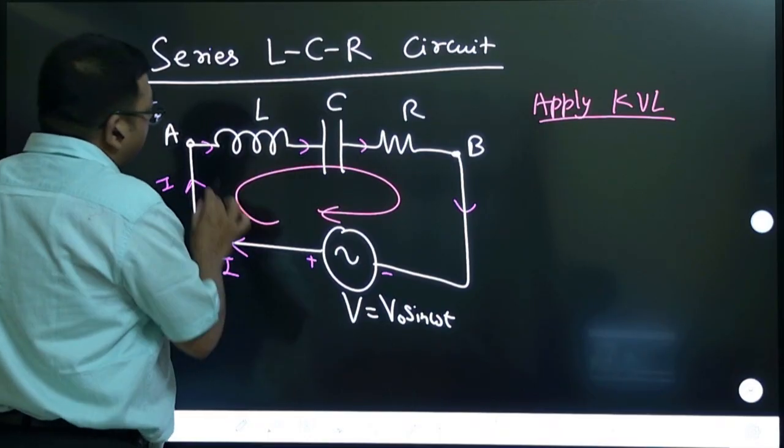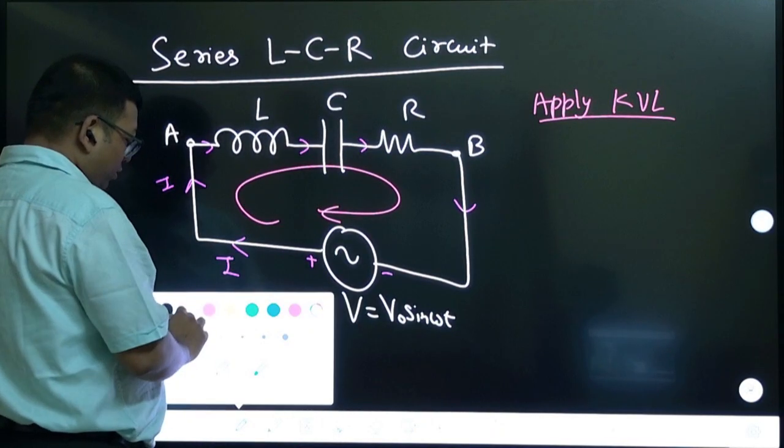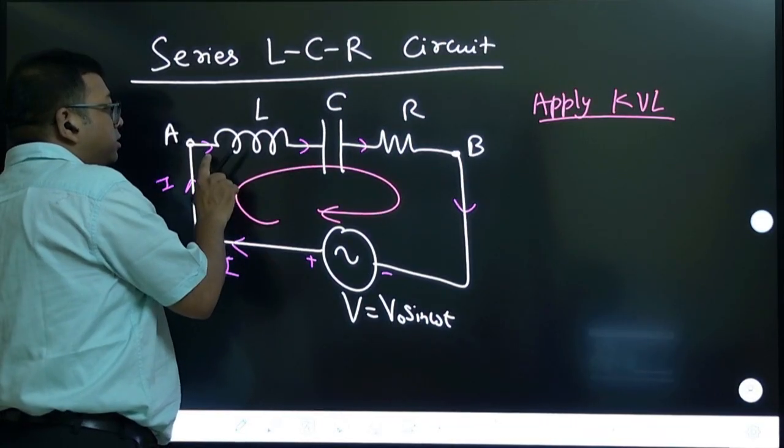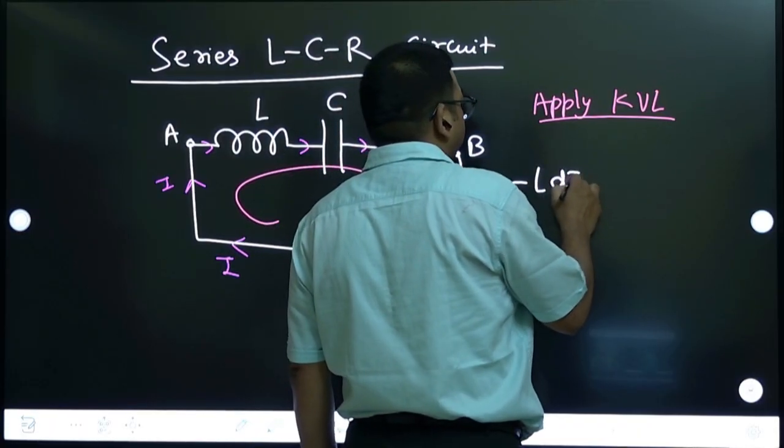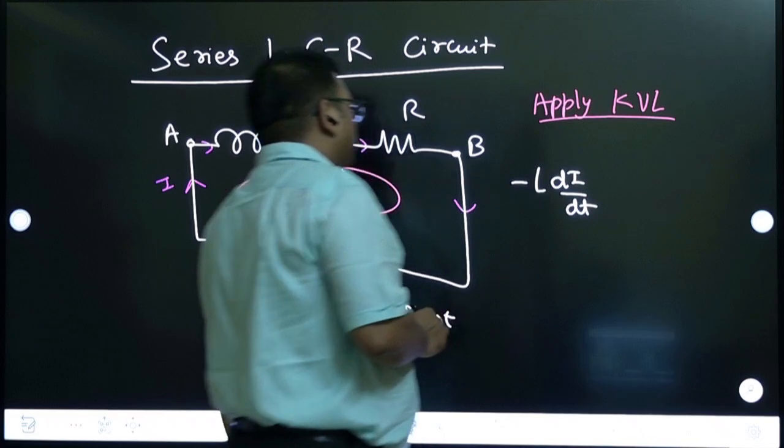So in the inductor, let us write the voltage. Voltage across this in the direction of current is minus L di by dt, right? Then